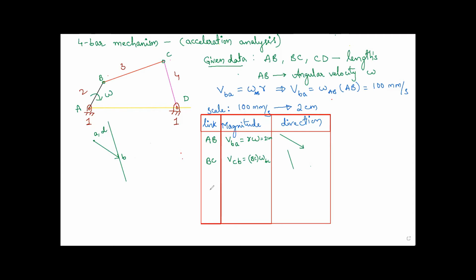Go to link CD. So velocity of C with respect to D, because D is known, it is a fixed point. Do you know the magnitude? Again, you don't know the omega of this. So it is CD into omega of CD, but we know the direction. It means we know that it is perpendicular. We need to draw a perpendicular to know the direction. So this is perpendicular. It looks pretty perpendicular, right? So take it here and don't worry about the arrow.